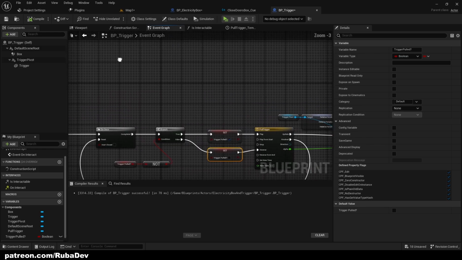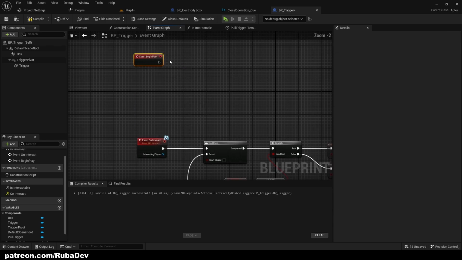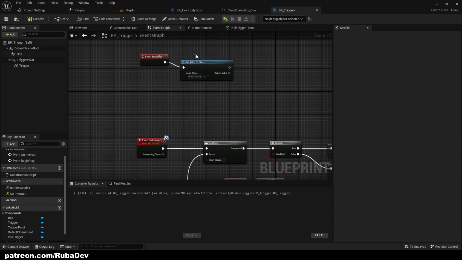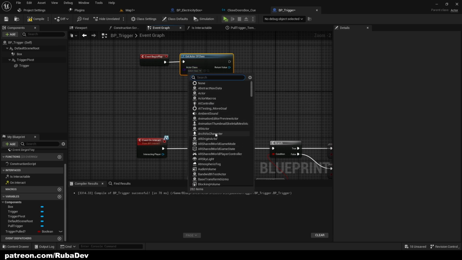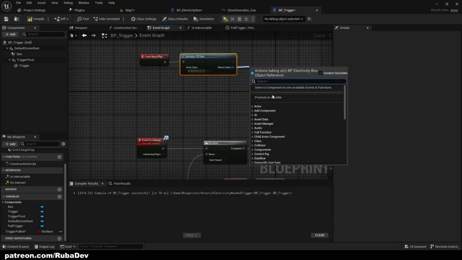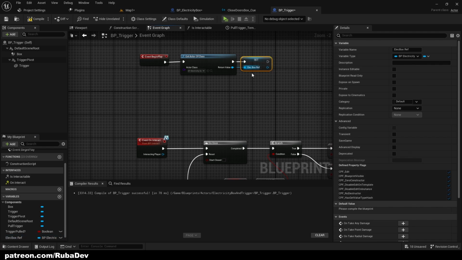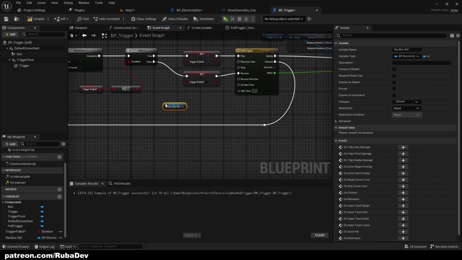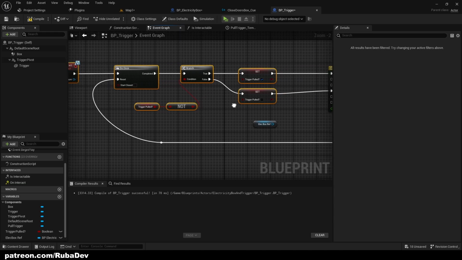So b has electricity. So how do we grab this b has electricity? So out of our event begin play, we can get actor of class, and we can get our trigger box, not trigger box but electricity box, and promote it to elec box ref. Let's say that's gonna be our electricity box reference, and here get electricity box reference. When we pull it,